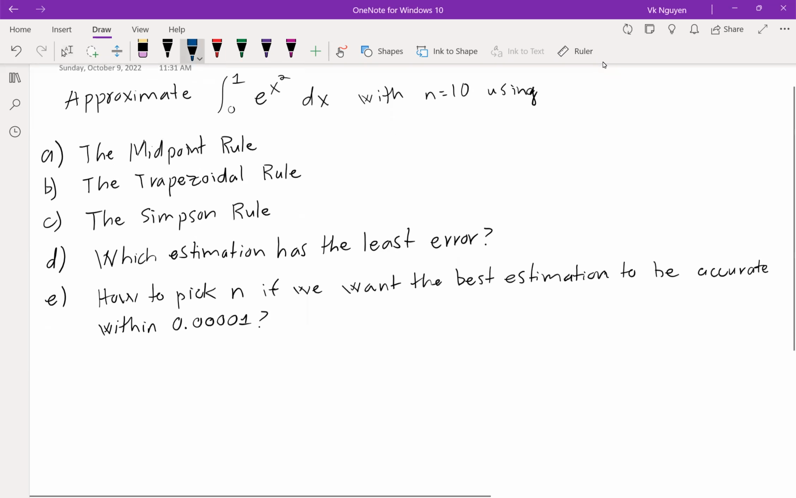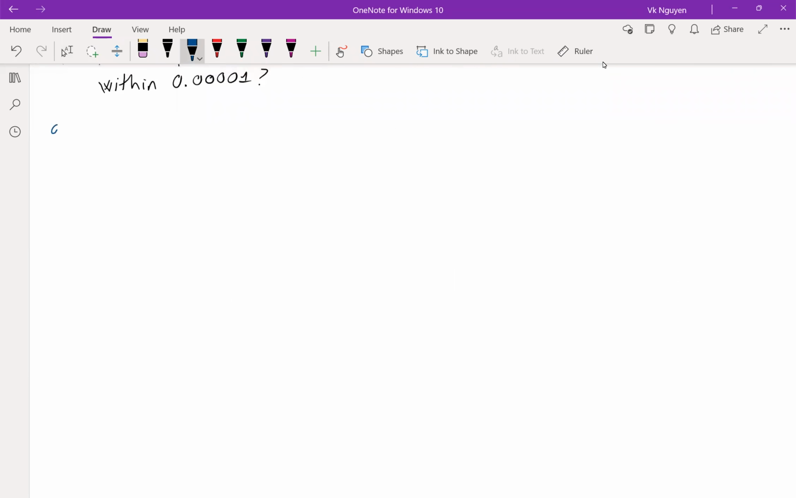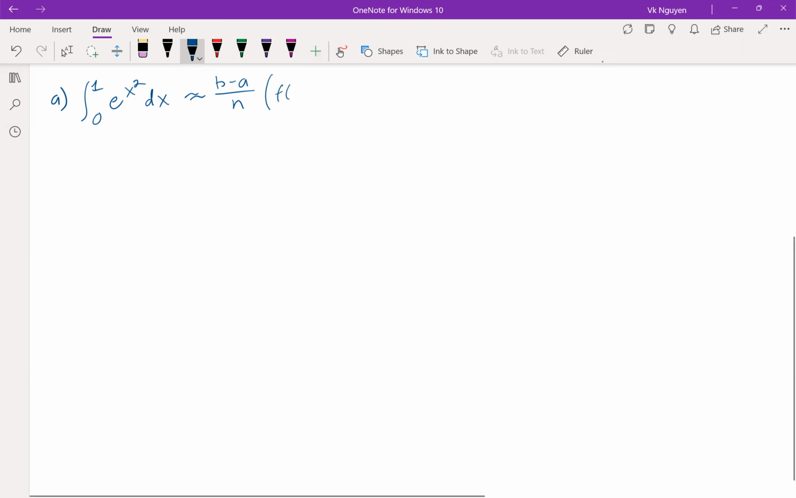Okay, let's take a look at how we do A. In part A, the integral from 0 to 1 of e to the x squared dx is approximately, in the midpoint rule, we have b minus a over n, that is the width, multiplied to a bunch of different lengths. That's f of, well, if we divide this into 10 intervals,